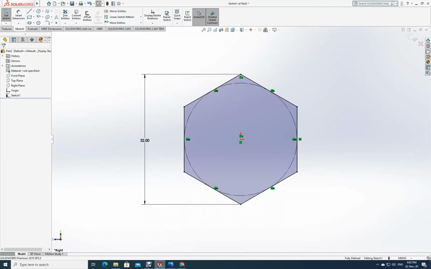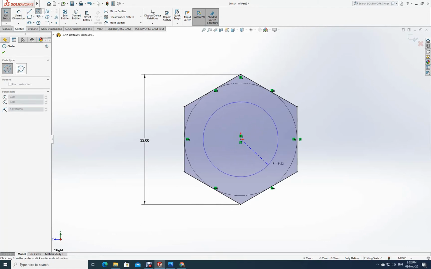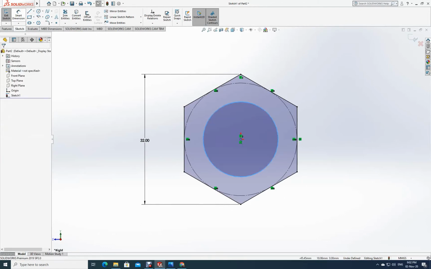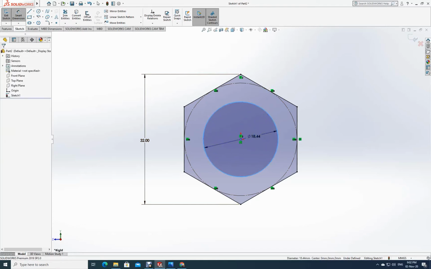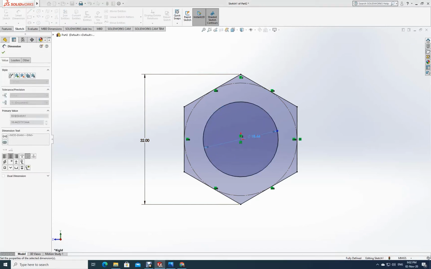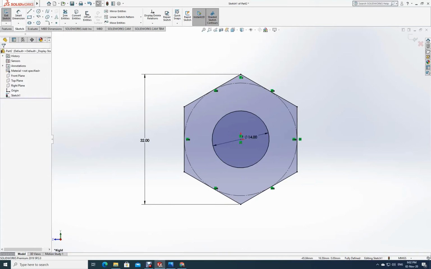So now I will go back here and make a circle. What should be the diameter of the circle? The diameter of the circle should be 14. Understand? 14. Okay, done. Just don't think this is 2D, this should be D. If you have 16 over here, then the M16 thread cannot be put. To have an M16 thread, first of all, you should have a smaller hole. Now you will put the tap into it and then turn it to give the thread.